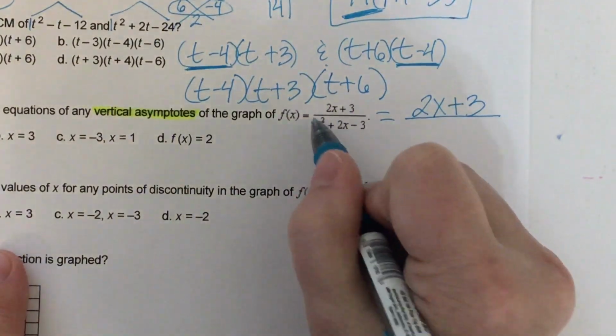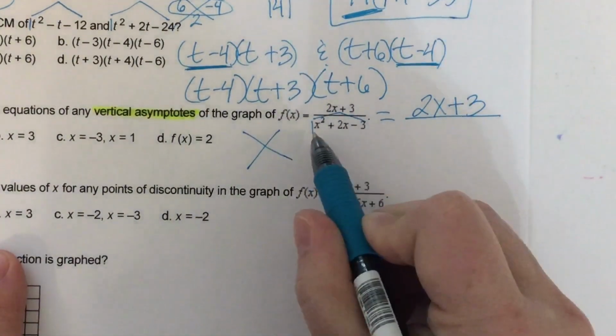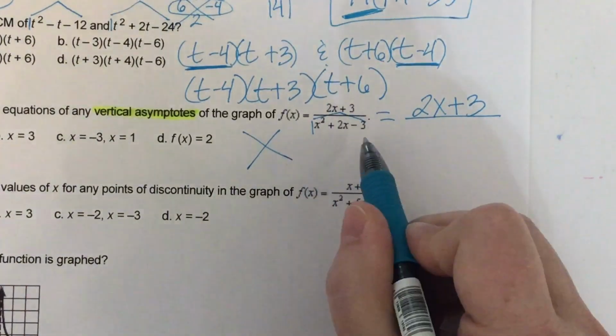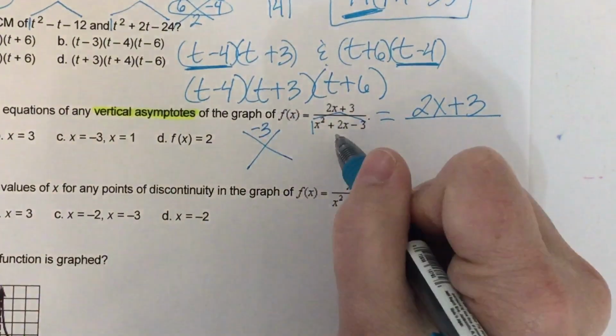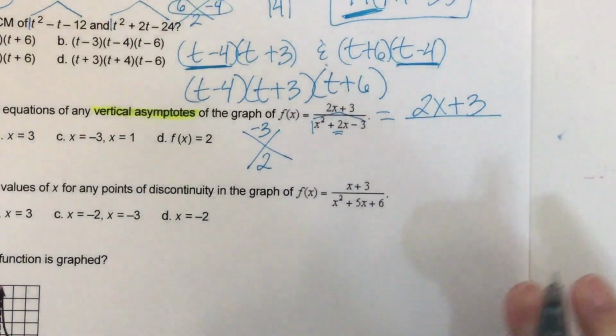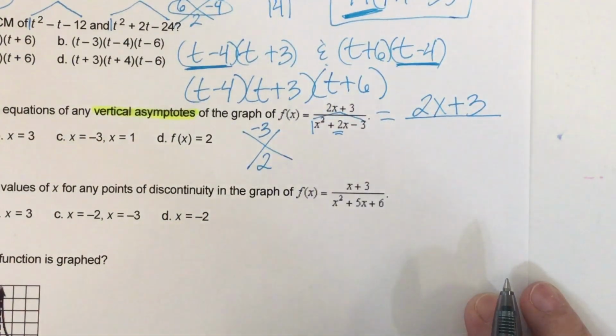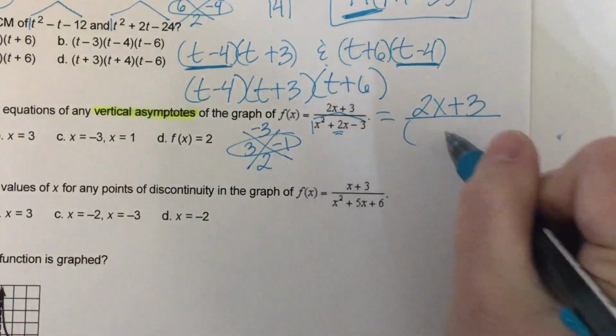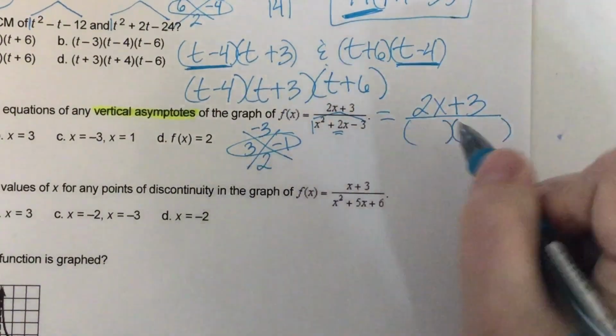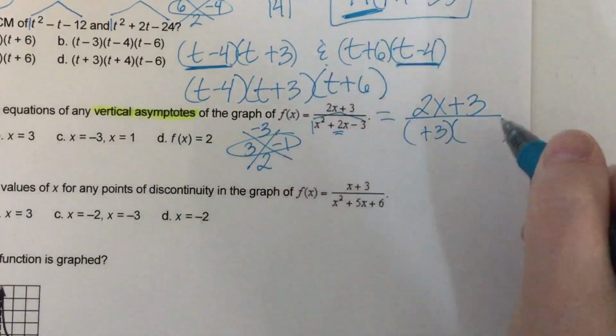A times C rooftop, easy one. So A times C, 1 times negative 3 is negative 3. And I want them to add to make 2. So the numbers that do that are positive 3 and negative 1. I can go straight to my parentheses, put the positive 3 in the back, put the minus 1 in the back,